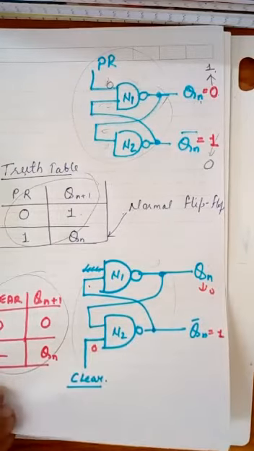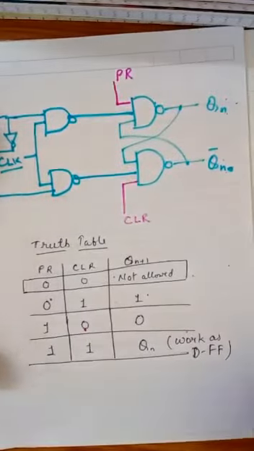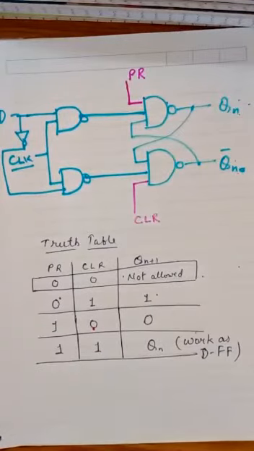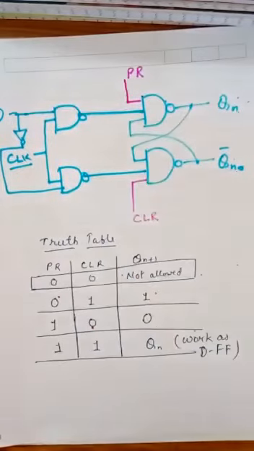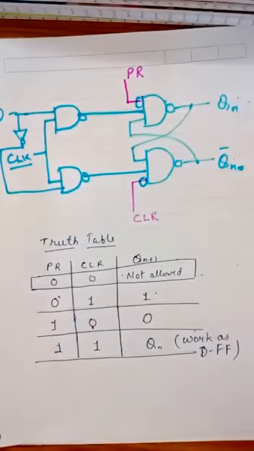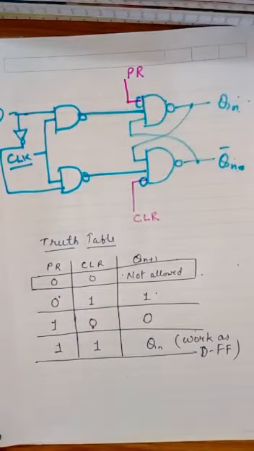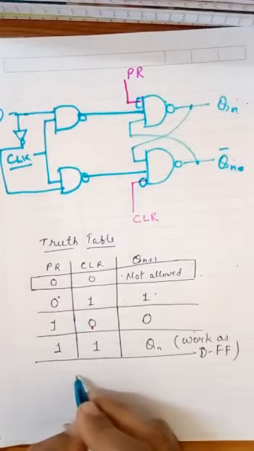So what will happen in this case, we have to apply the inverted output. So in this case we use another sign. In some textbooks and some references you will find a bubble at this position, like this. So this flip-flop will now change, and your truth table is now changed to the new truth table,